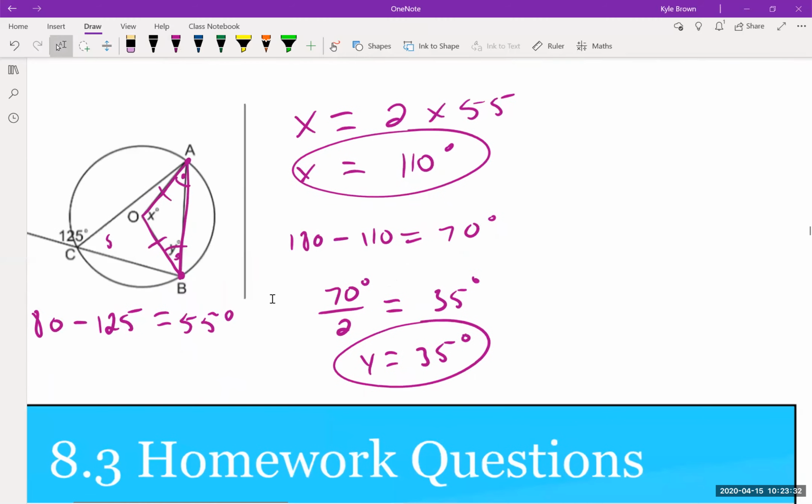You guys have the formative to do for 8.3. The formative, though,